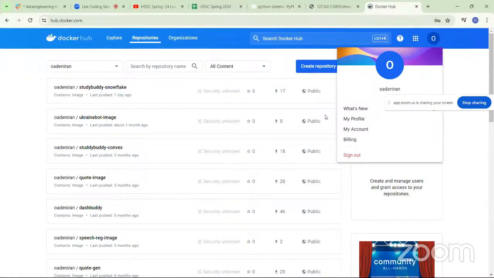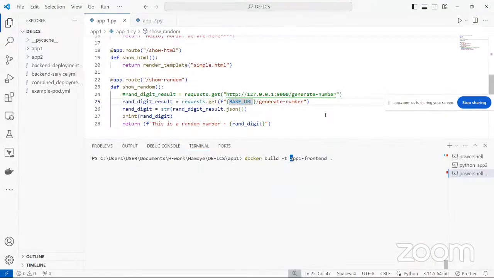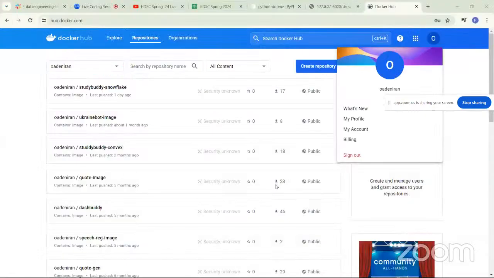If you don't add your username for your Docker Hub, you cannot push that image to Docker Hub. At least that is for the free version of Docker Hub. For the paid version, I think there are ways where you can add images to your private repository without having to add your name. But the standard, just like the way when you want to push your code to a GitHub repository, you cannot